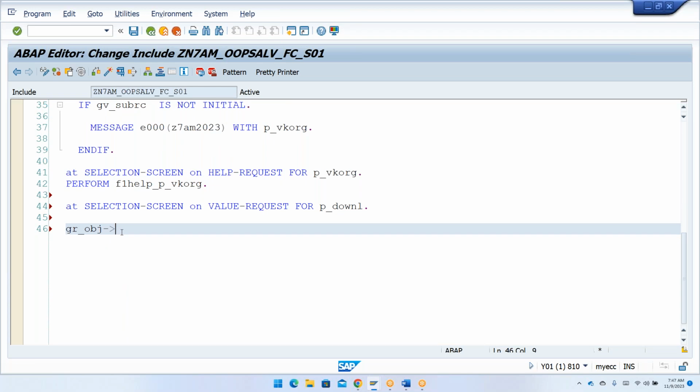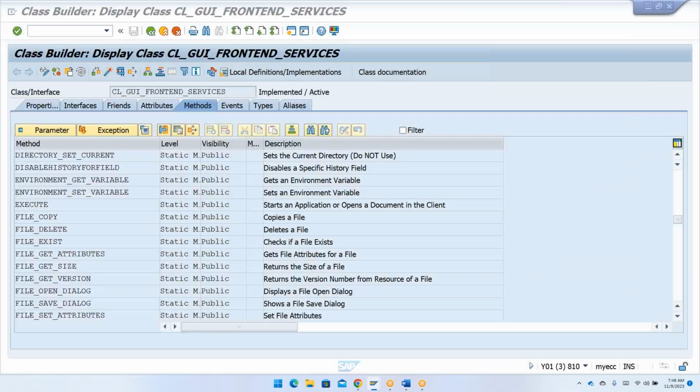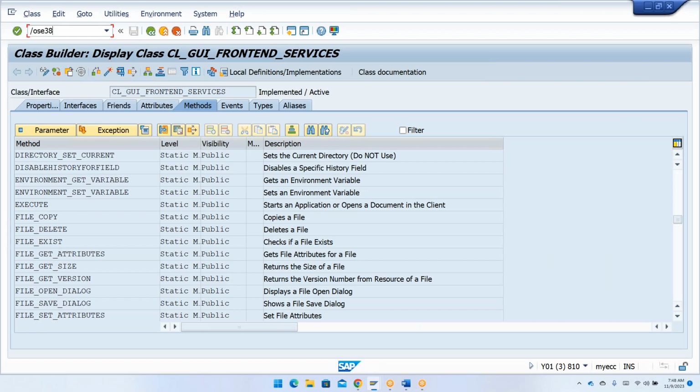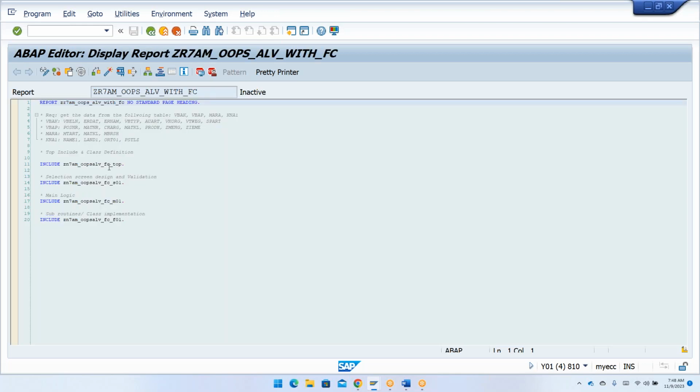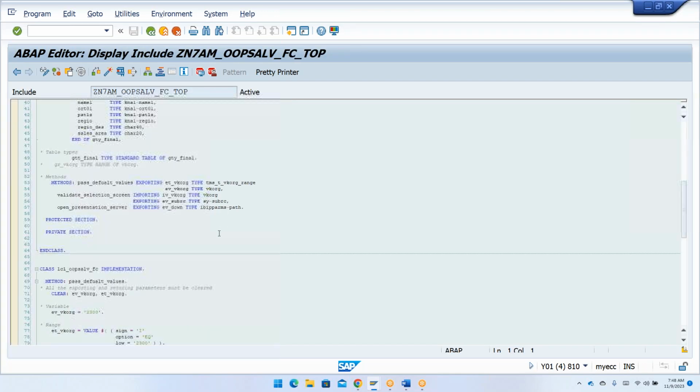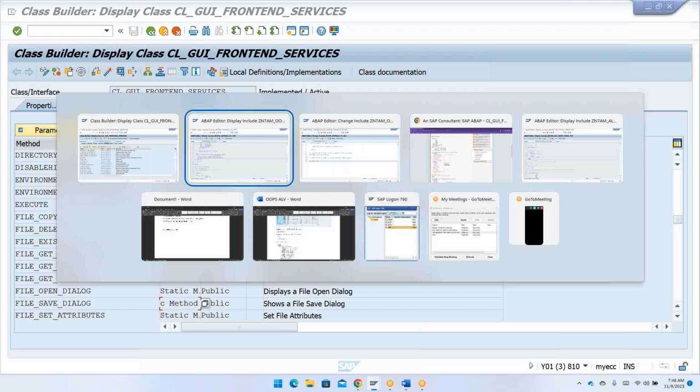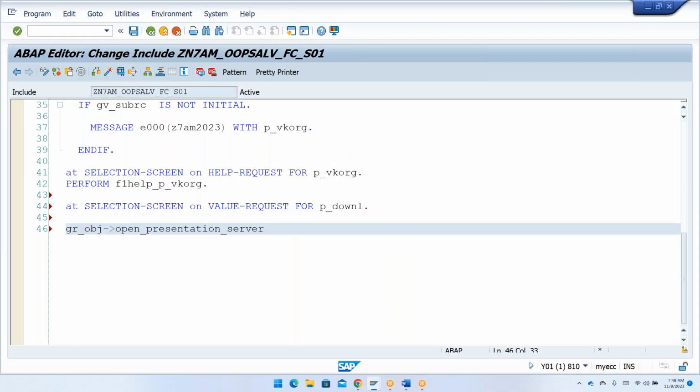Okay, so now what is the value I want to provide? Open, it's not working. So what is the class? Let me go to /o SC38, ALV, not ALV, oops, ALV with field catalog. So now in my top declaration, what is the method you have? Open presentation server. I'm going to have this one, and then